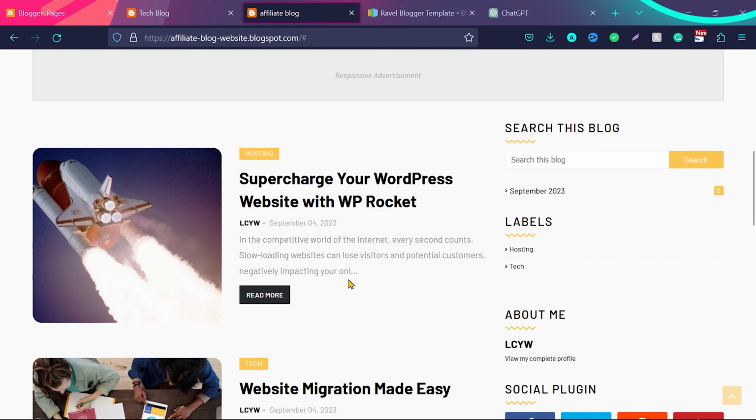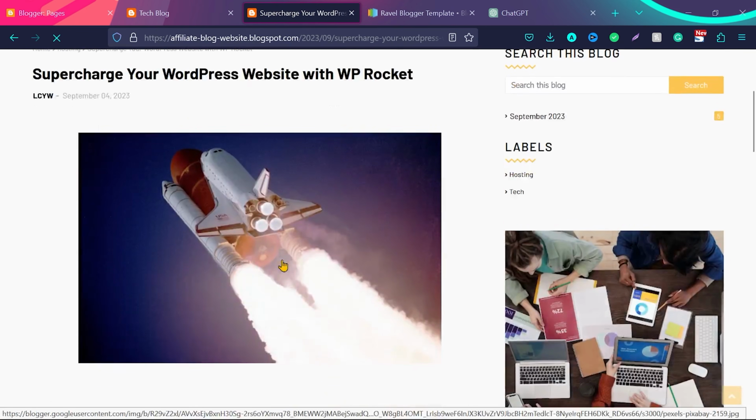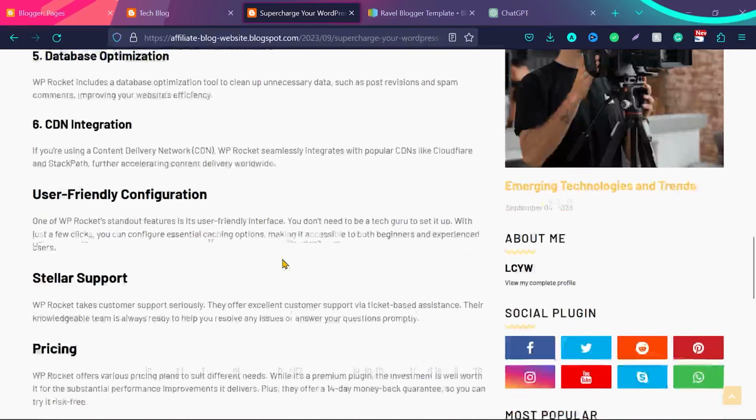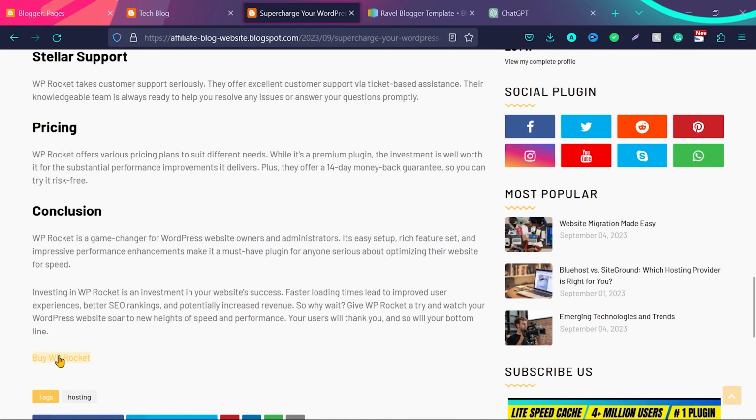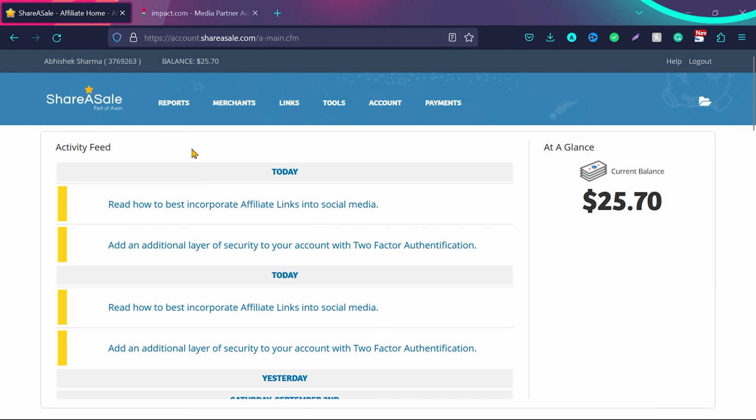And to create this blog post, for example, I'll show you here what we need to do. We need to add the content and also we need the affiliate links. So when somebody clicks on these links, we can get some commission. So what we'll do first, we'll find the affiliate link, how we can get these affiliate links and get the commission. Okay, to get affiliate links, there are two very good platforms which I use to find different merchants